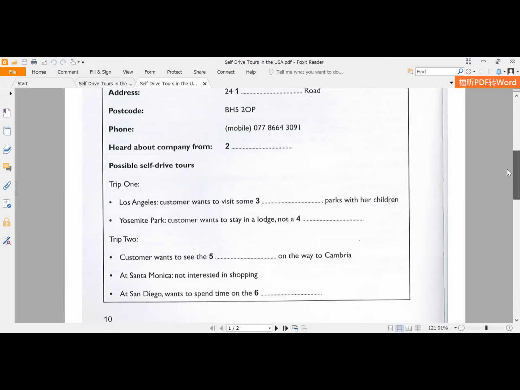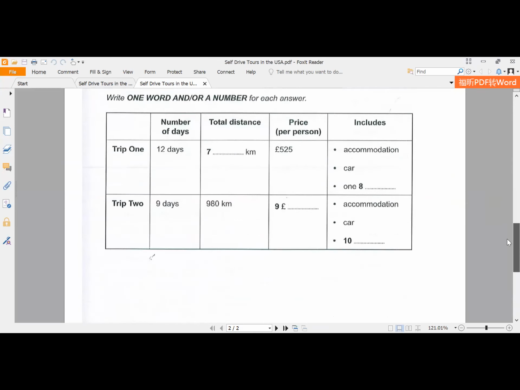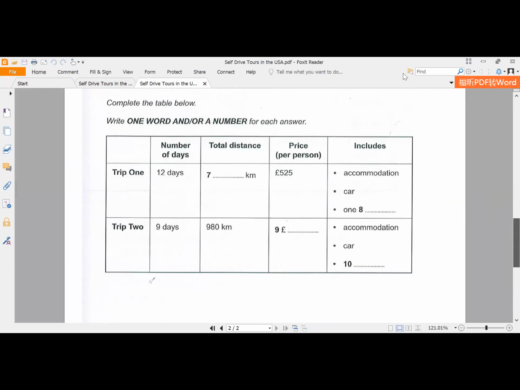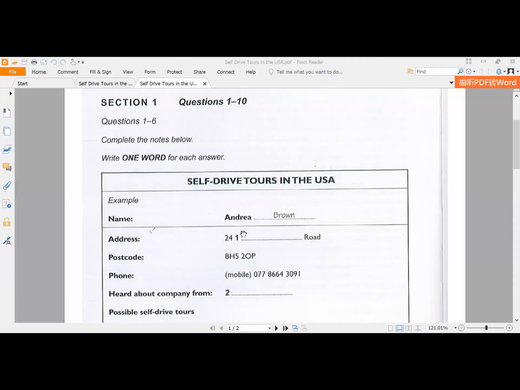In IELTS listening part 1, you will need to answer 10 questions, and you will have a short break in the middle. So in the next activity, I will be silent, and you guys will be very busy. You will need to open 2 files, one PDF file about self-drive tours in the USA, and one audio file. Please note that here you see an example done for you, but